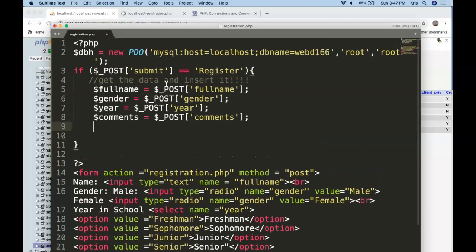So the way PDO works is we have this handle that equals the connection to the database. And what I can do is create some variable, I'll call it insert, and it will be equal to dbh. And this right here is an instantiation mark of methods that are part of this object. So I'm basically going to prepare a statement here. It's going to be equal to insert into,